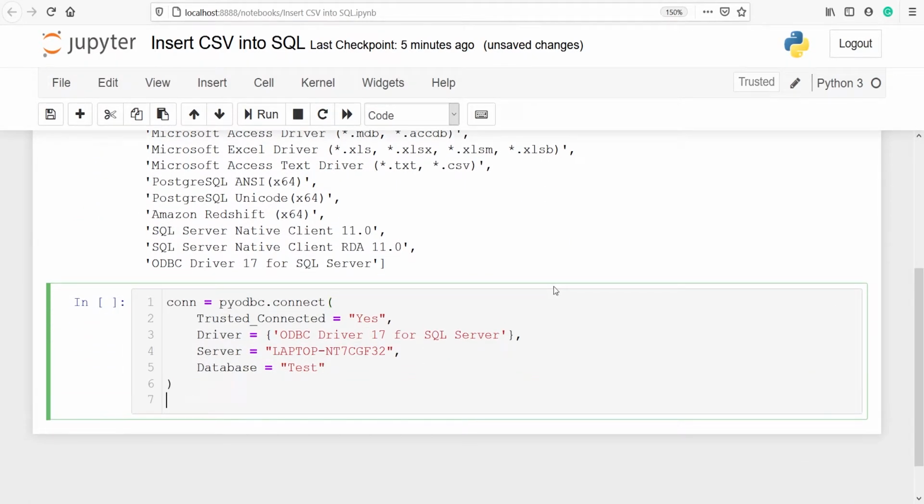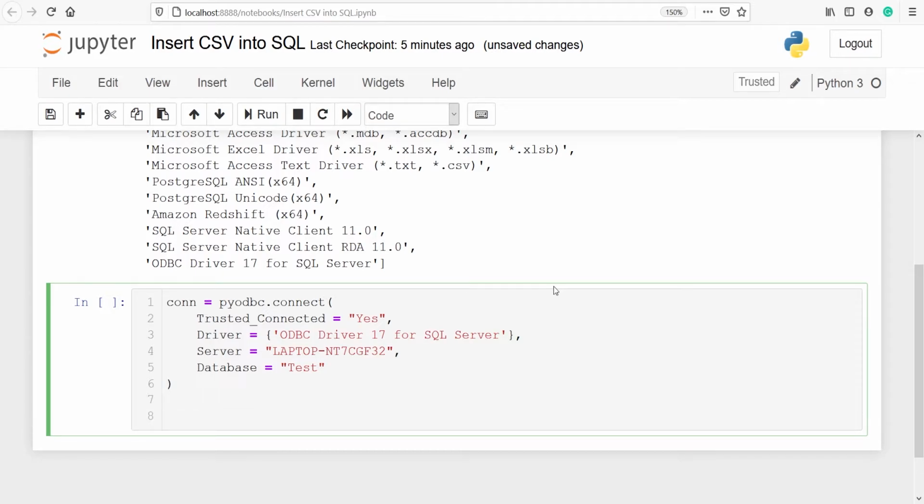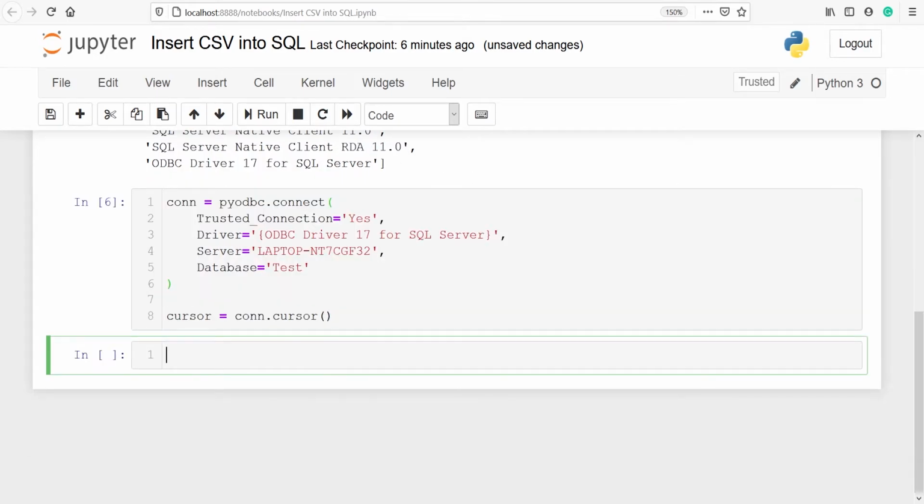Now I'm going to make an object of cursor, and I will save this in a variable cursor. From connection, we will call cursor. A cursor holds the rows returned by a SQL statement. When you perform any SQL query, the results are held by the cursor, and to check the results, we have to run a for loop. Let's execute our code. We have successfully made a connection to the SQL server.